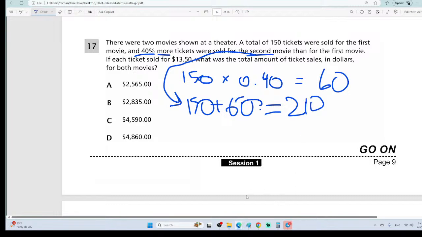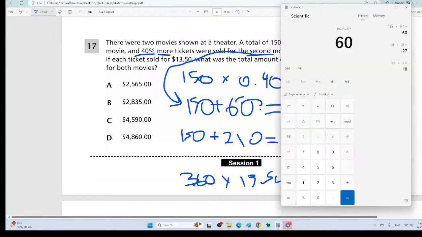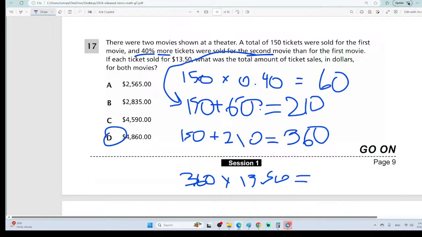All right, so now how many tickets were sold altogether? 150 for the first plus 210 for the second, which is 360. And now each ticket was 13.50. So 360 times 13.50 is 4,860. All right, so now